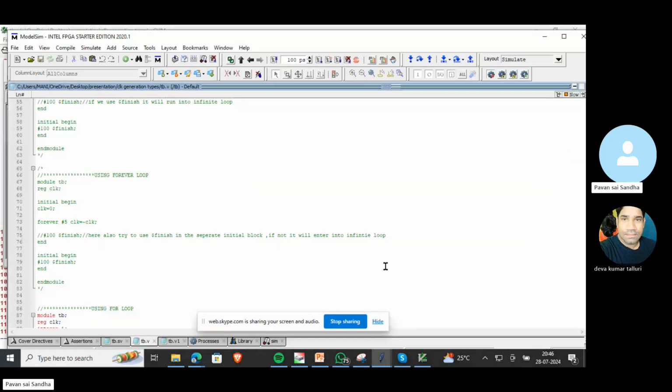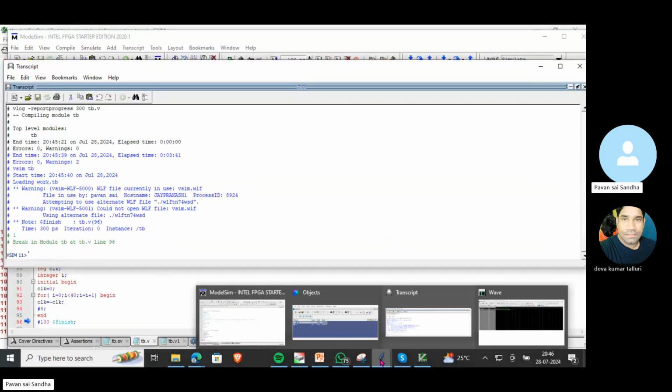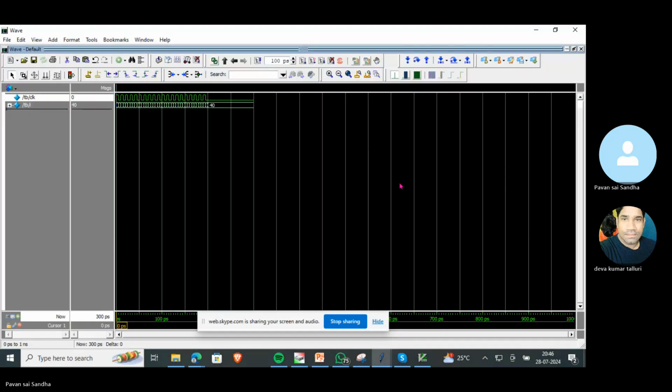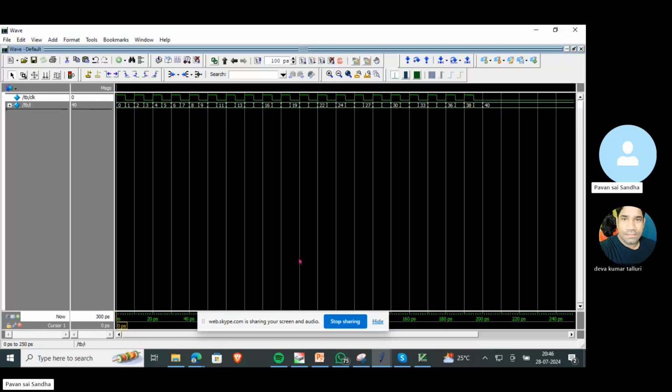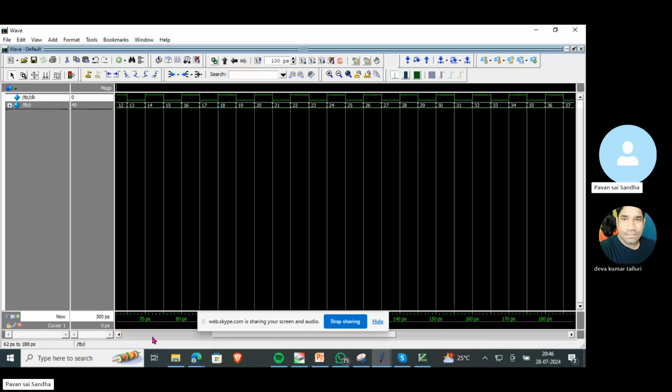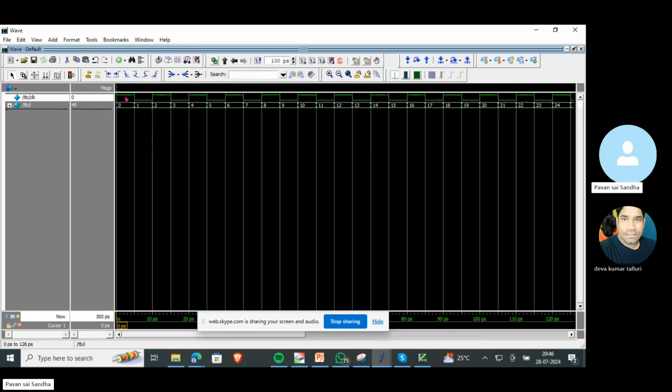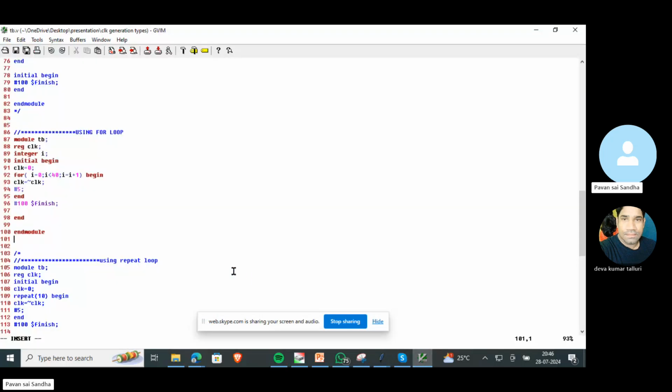We got the output, and this is the generation of clock using a for loop, and these are the values of i. Initially we made it 1. Okay, I made it 1. So for every 5 seconds, not every 5, every 10 seconds, because I made it 10. For every 10 seconds,